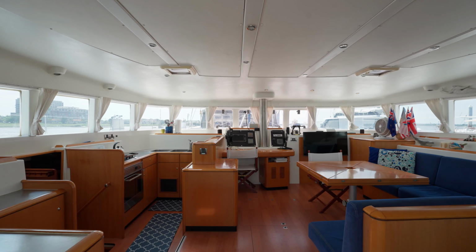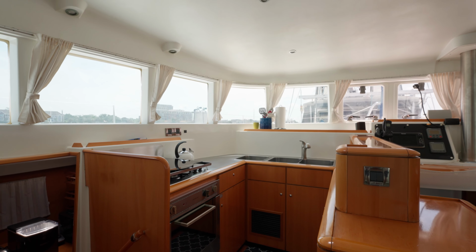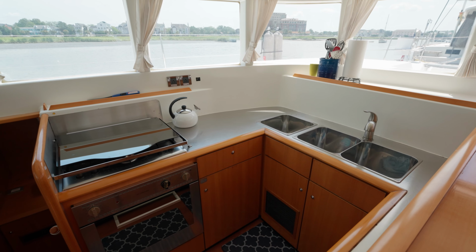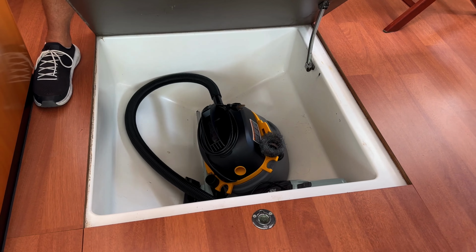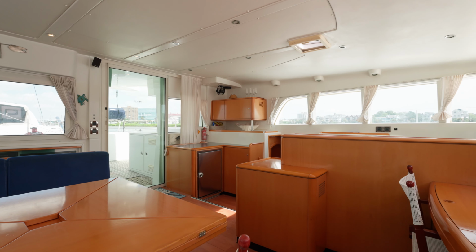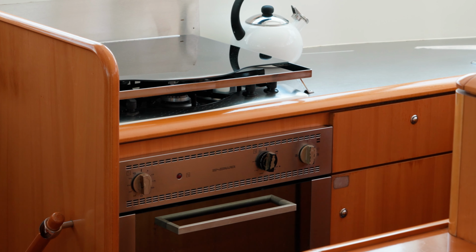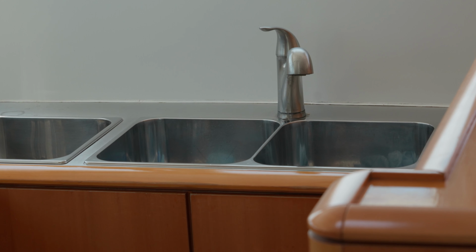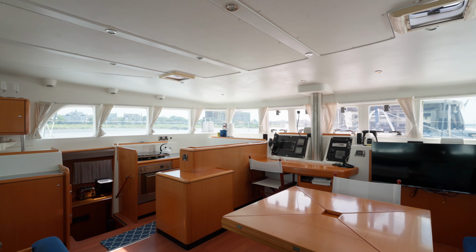Walking through the aft cockpit sliding bay door, I'm greeted by a large and spacious salon. The port side in-step galley provides an abundance of counter and shelf storage. In addition, I can open up the double doors in the cabin sole, which provides additional space that is perfect for dry goods. This galley comes with all the essentials, including a 12-volt refrigerator, propane 4-burner stovetop and oven, and 3-basin sink. The location of this galley makes it easy to prepare meals while still taking in the views and